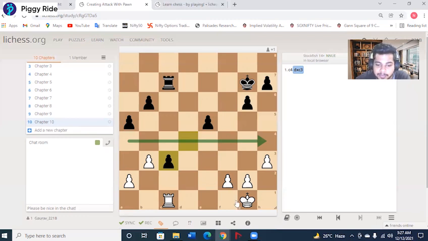Got it? Okay. So that was all for today's class. We learned how to create an attack using a pawn. We're done with that. So I'll be teaching you about en passant in the next class. So this was a very short explanation that I gave you. I'll be teaching that briefly in the next class. So I hope you guys enjoyed that, and